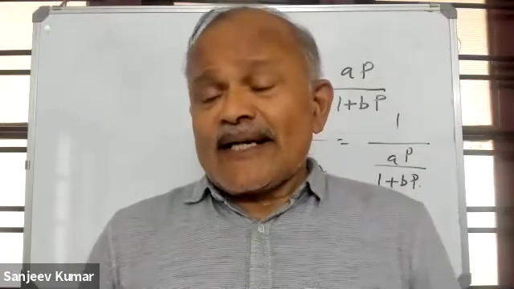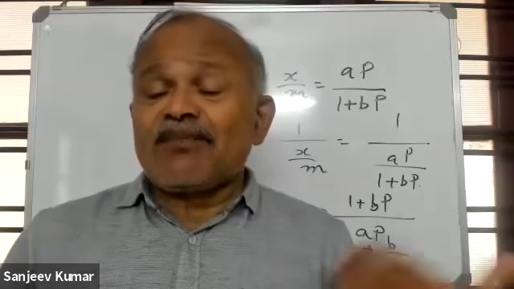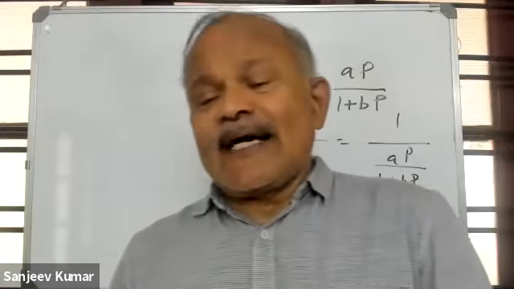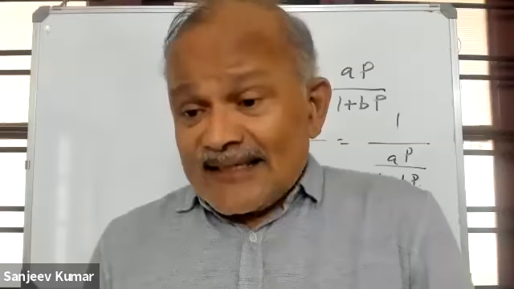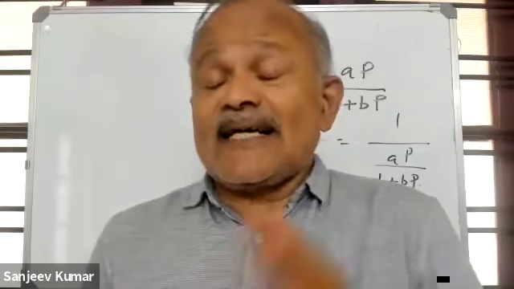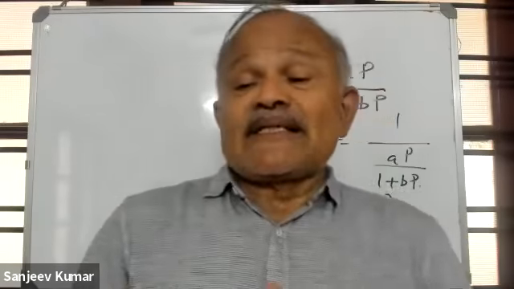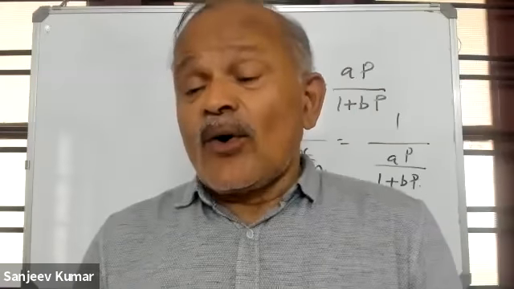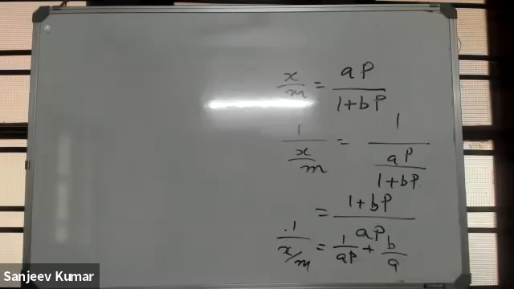But for a first order reaction, 1 minus n means 1 minus 1, which is 0. That is, it is per second. For a second order reaction, 1 minus n is 1 minus 2, which is minus 1. That is, liter per mole per second. Likewise, the unit of the rate constant depends upon the order of that reaction. Anyway, here the first question is,